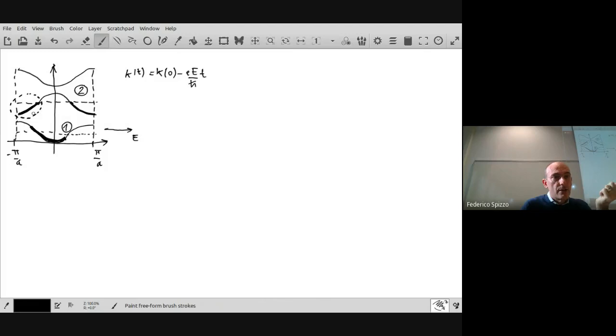Due to this translation, you decrease the number of electrons that have a negative velocity, and you increase the number of electrons that have a positive velocity. After the translation, the new occupancy of the electrons is the one